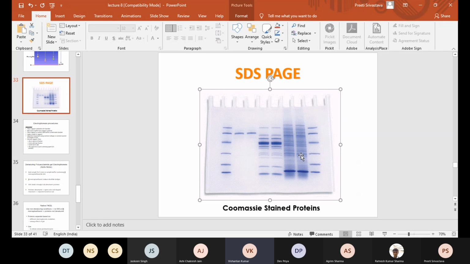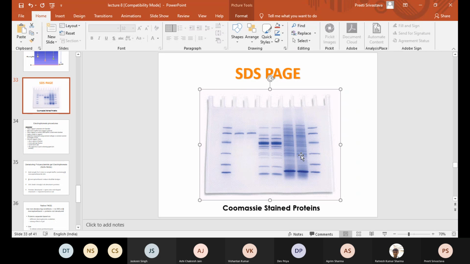Ma'am, why did they perform SDS-PAGE for this case? Yes, SDS-PAGE is performed, for example, to see how things go when you are purifying a protein from a sample. You load the cellular extract first, then you load the samples as you go through purification. For example, if the protein is 40 kDa, you can use a gel permeation column. Maybe you haven't studied it, but we'll discuss it in later classes. There are ways to separate based upon molecular weight, and there are ways to do salting in and salting out.